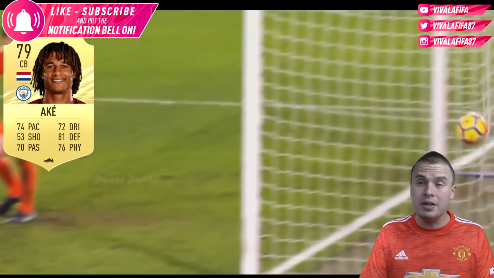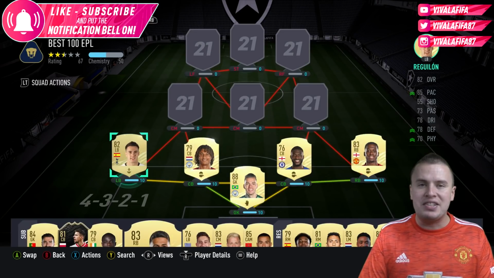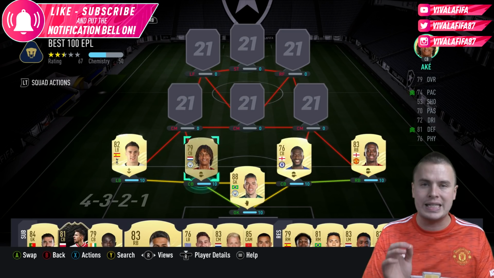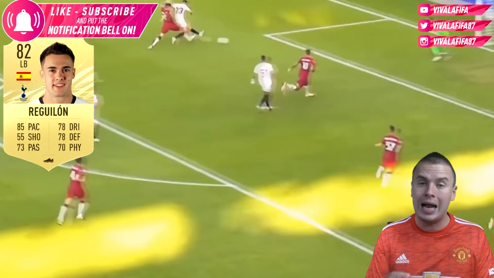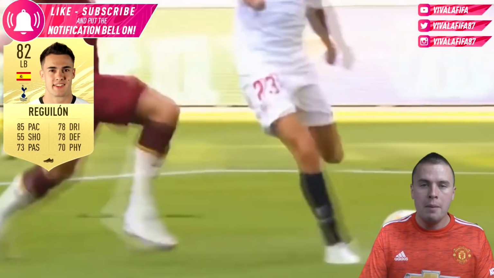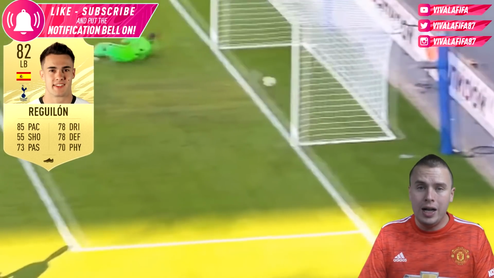So if you want to get a decent build-up play, Nathan Ake is your man. On the left back position, you actually have three choices that will be decent. The most expensive one is Alex Telles alongside Andrew Robertson. Any day of the week, I will recommend Alex Telles if you have the money. But if you don't have the money and you have 5 to 6k to spend on this position, Reguilón is